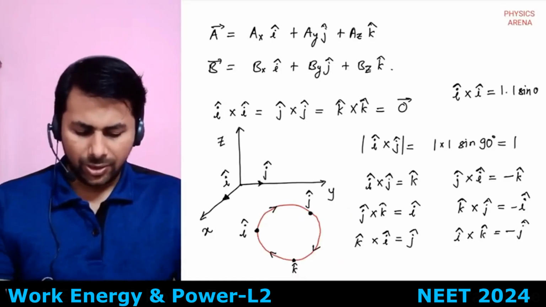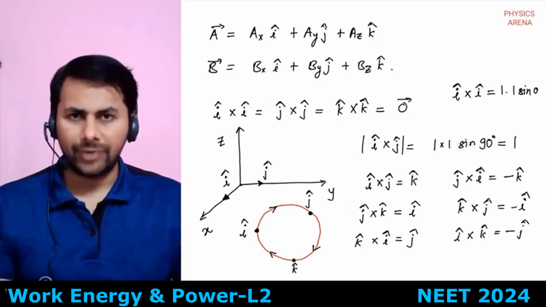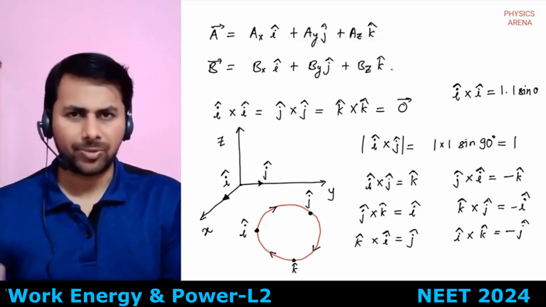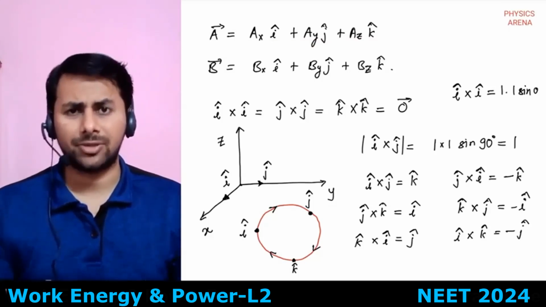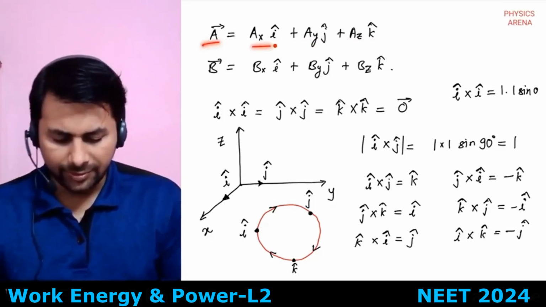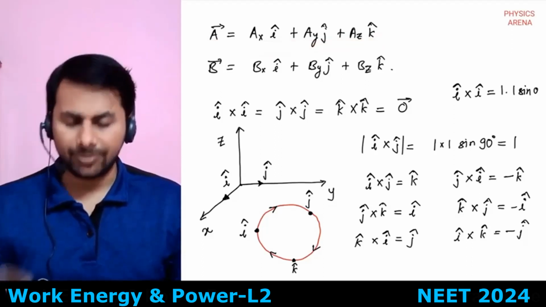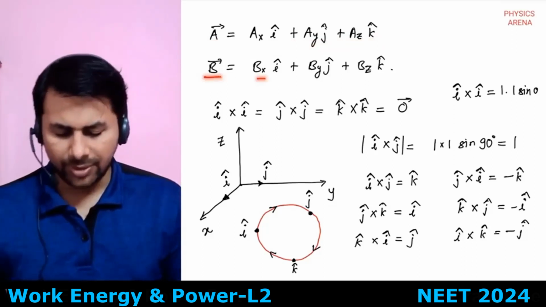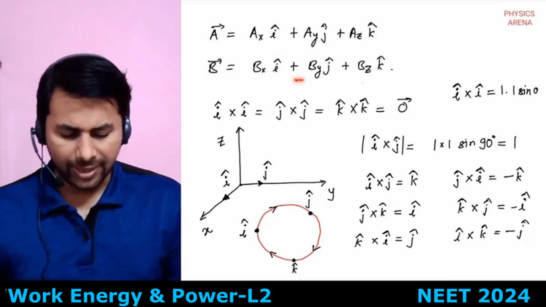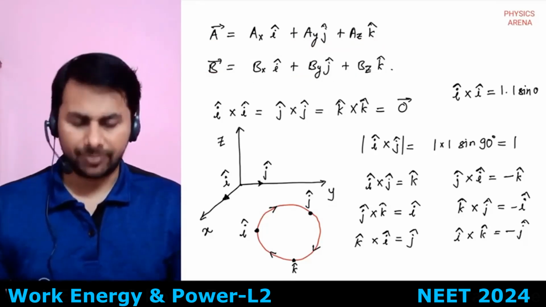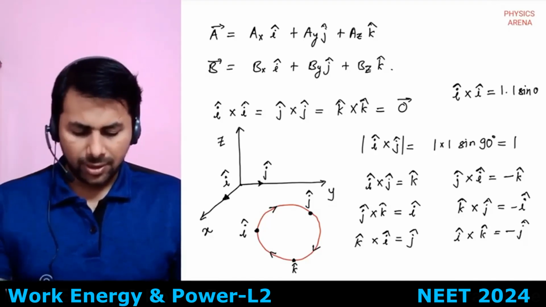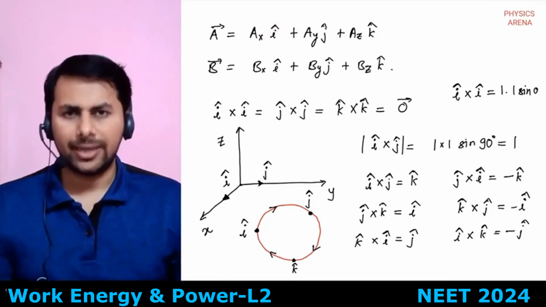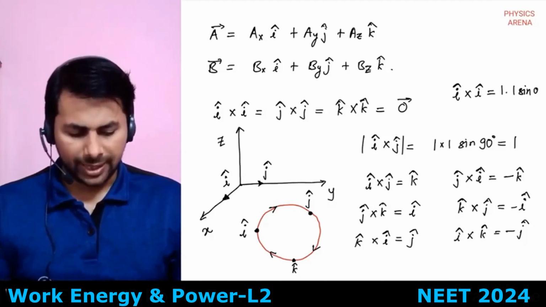After that, now, if you have two vectors represented by the x, y, z components, that means two vectors in resolved form, a bar is equal to ax into i cap plus ay into j cap plus az into k cap. b bar is equal to bx times i cap plus by times j cap plus bz times k cap. Now, see, here, if you take i cap cross